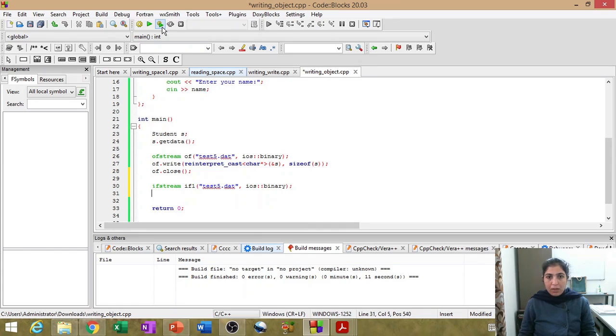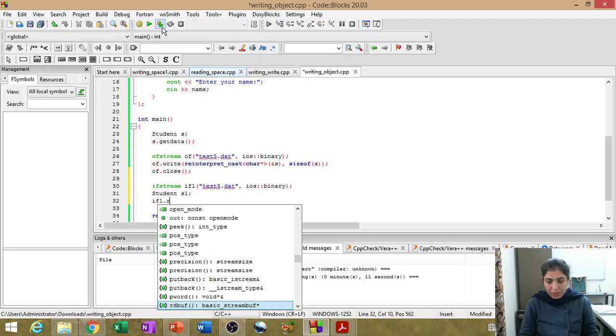Okay, now we want to read this data, so for that we will need an object. Let us create another object, student s1, then input file stream dot read,